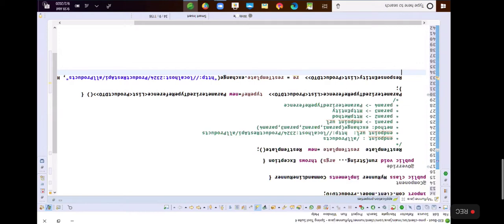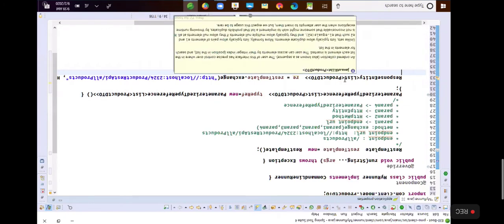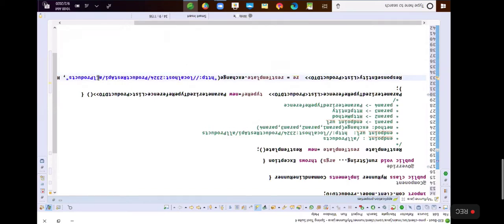Now the response entity object is actually used to store the data and status. It can also store headers, but in this example the response contains data and status, because this endpoint is going to return data, which is a list of product DTOs, and status is HTTP status OK.